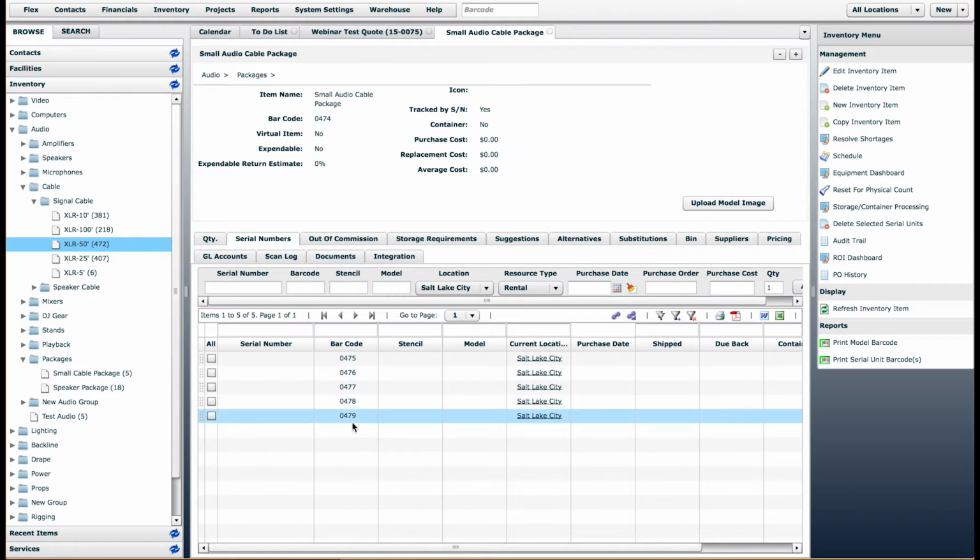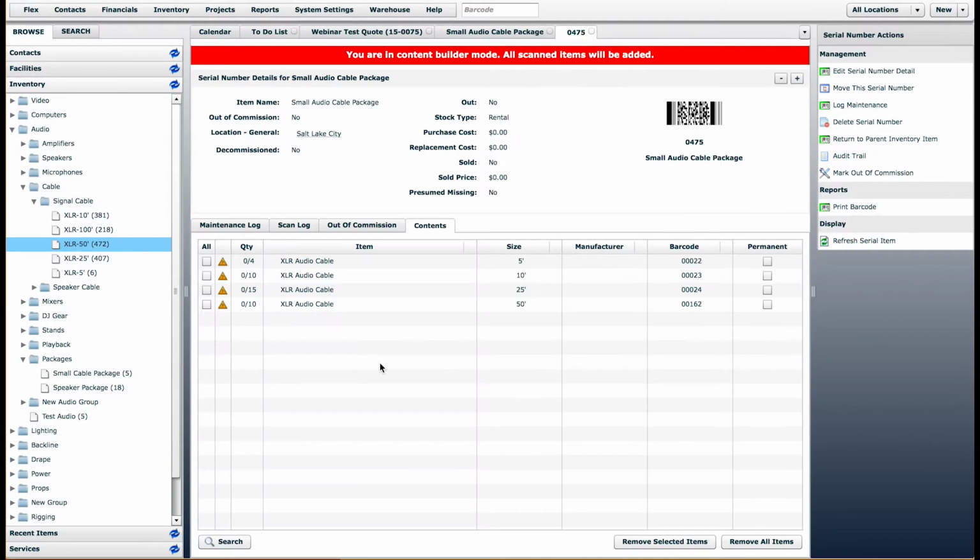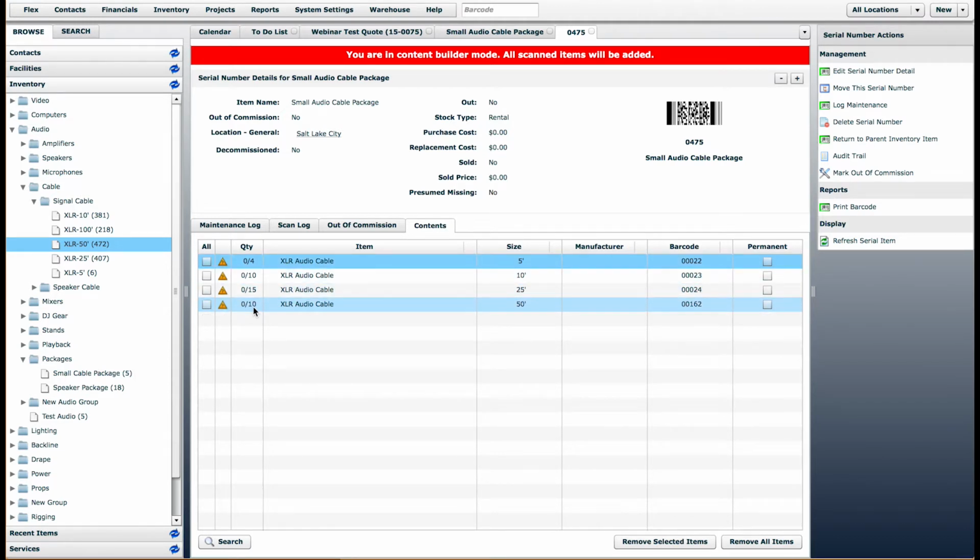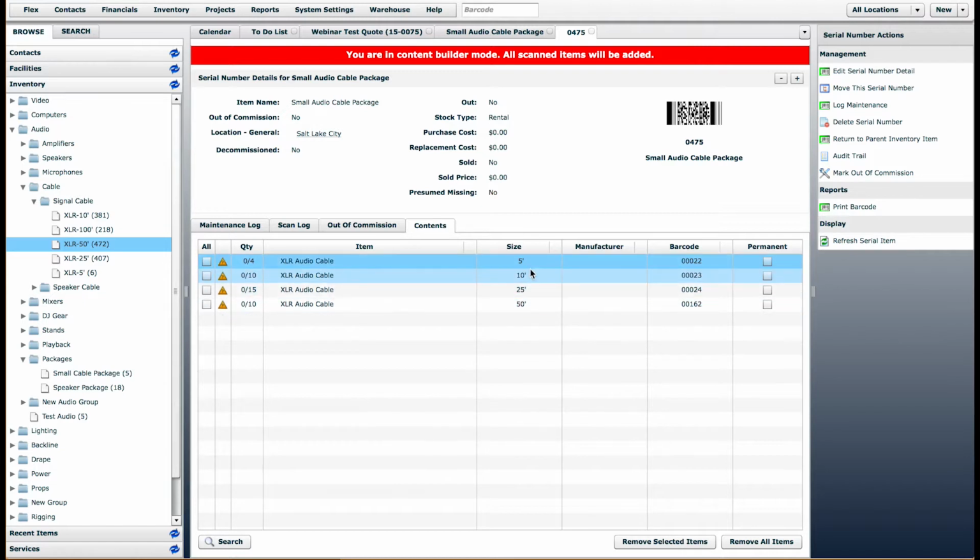So let's open one of these serial units. Let's just open barcode 0475. And now you can see, because I built that storage requirements tab on the model level, my contents tab on this unit has those storage requirements with a quantity notifier telling you how many you currently have in the container. Right now, because I haven't built this unit yet, I have 0 out of 4, 0 out of 10, 0 out of 15, and 0 out of 10 for each of the different lengths of